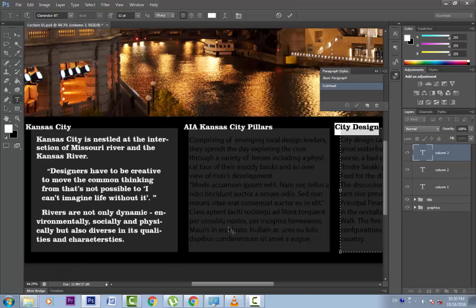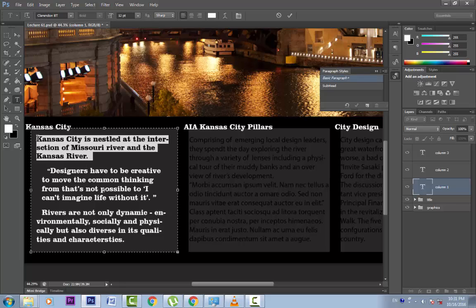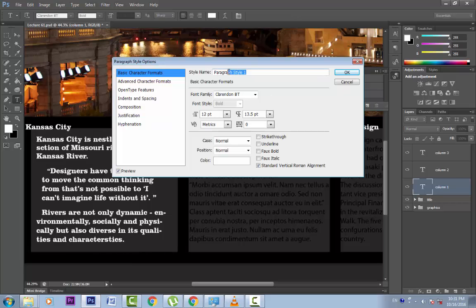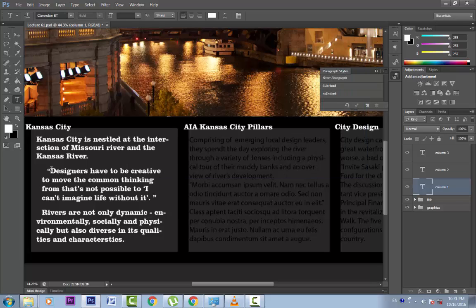Now let's go about creating some different paragraph styles for the other sets of formatting that we have on this first column. Select this layer and select the whole paragraph by clicking 4 times, like so. Let's create a new style, double click and name it. Since it has no indent, we will name it no indent. OK. Now let's create a paragraph style for this paragraph.